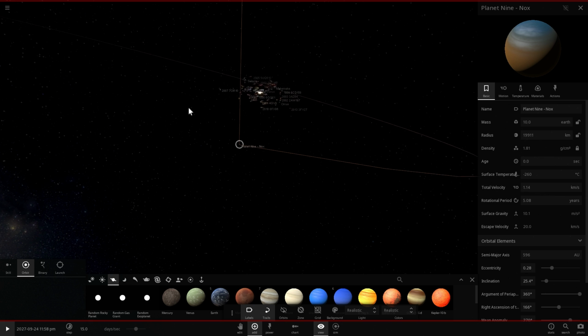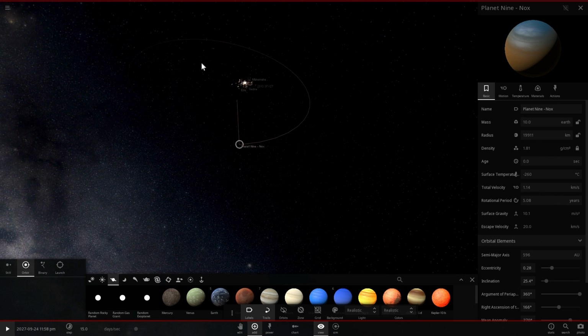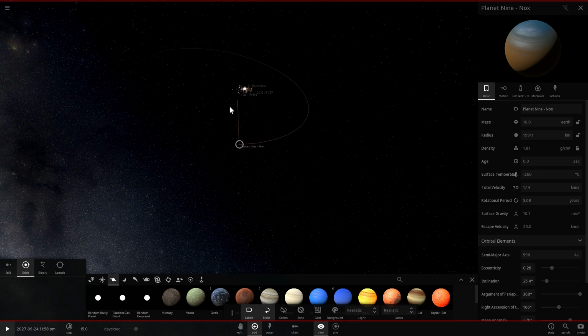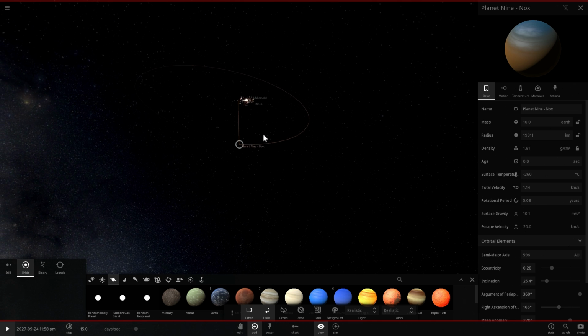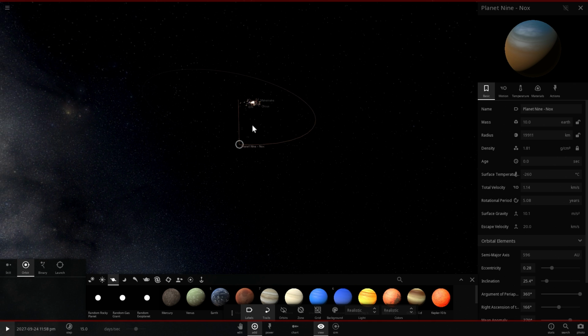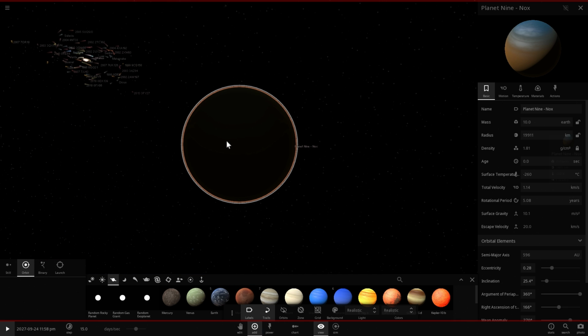outer solar system. Specifically, we're talking about different comets and asteroids that are orbiting here on the outskirts. And maybe because of this, more of these objects would approach the inner solar system and possibly even crash on Earth. So in other words, this would maybe explain some of the theories behind the repetitive extinction events on Earth every once in a while.